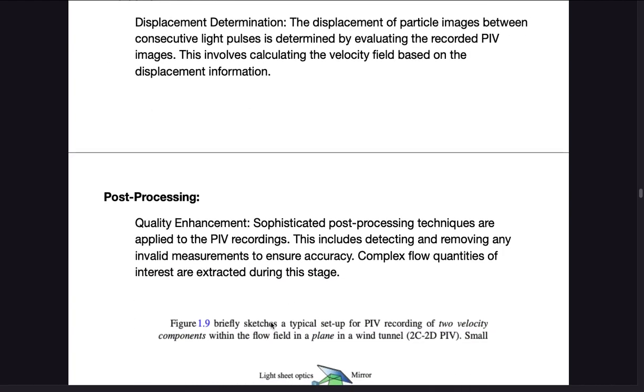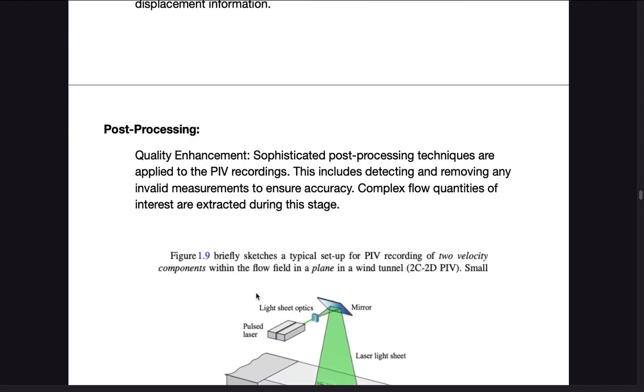Then another step is post processing. In post processing, what happens is quality enhancement. Important is quality enhancement. Sophisticated post processing techniques are applied to PIV recordings. जो recording होता है images होते हैं, जो भी recording होगा उसको हम लोग post processing करते हैं to enhance their quality. This includes